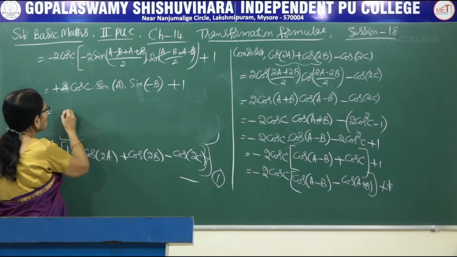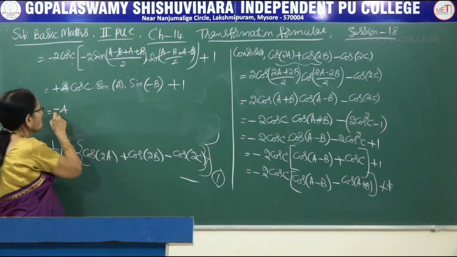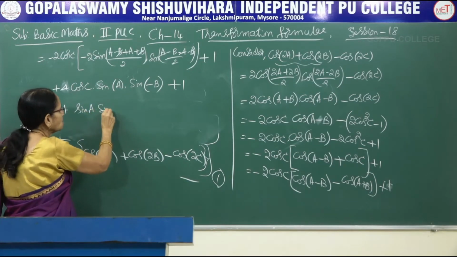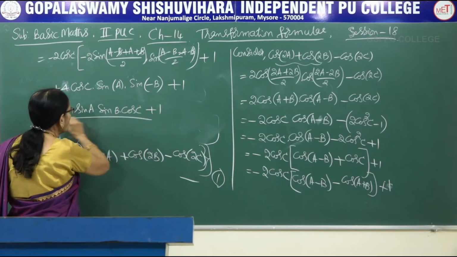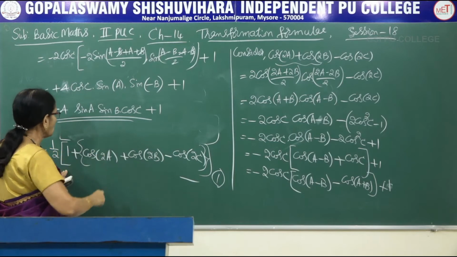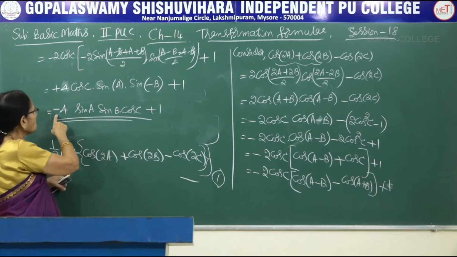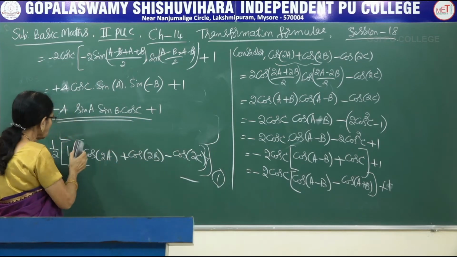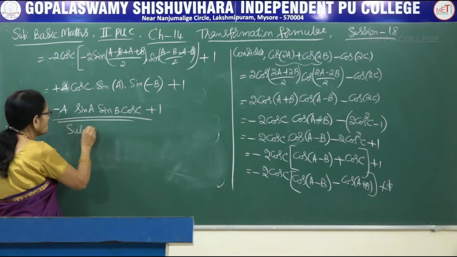Now this would be equal to 4 times, you know that sine of minus theta is minus sine theta, so automatically this becomes a negative. Let me write in an order, that is sine A into sine B into cos of C plus the number 1. Now we have taken the flower bracket part from the result 1 and we have simplified that one. So instead of cos of 2A, cos of 2B minus cos of 2C, I can as well write that as minus 4 sin A, sin B, sin C plus 1. Okay. Now in this position, that is substitute in 1. So you have to write here substitute in 1.